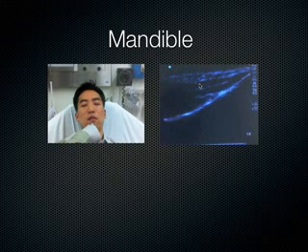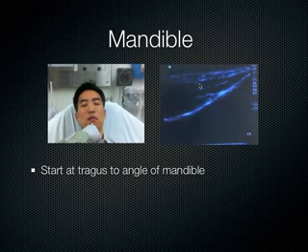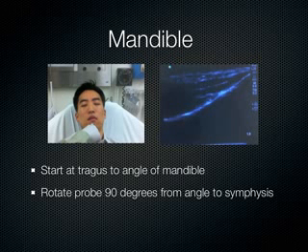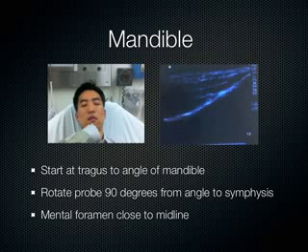Then you can rotate the transducer 90 degrees so the indicator is pointing towards the ceiling, as we did over here, and then slowly scan towards the patient's chin. We will also encounter the mental foramen close to the midline, that was seen here on this clip with an arrow, and that should not be mistaken for a fracture. Anytime you see one of those foramens, it looks like there's a step off, but that's just the area where the nerve comes through. You're going to scan the other side as well, especially when it's possible that a fracture could be identified. Remember, the mandible is a ring structure, and once a fracture is identified,